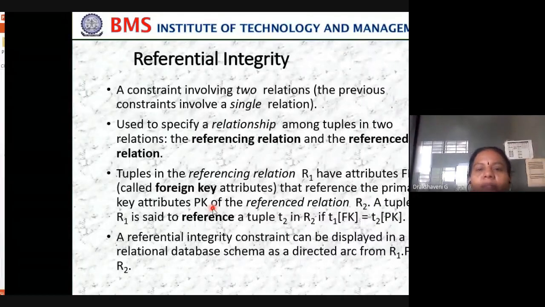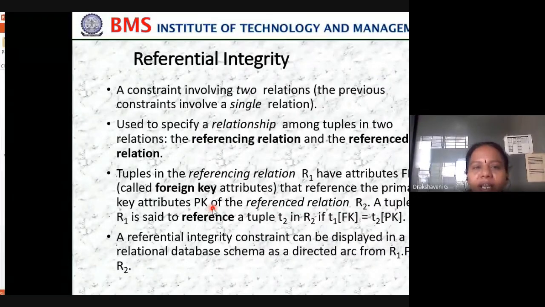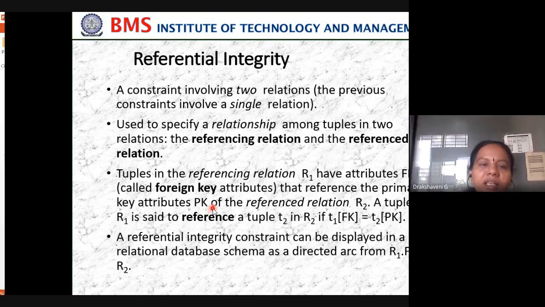This is one constraint. And one more constraint is referential integrity. The key constraint and super key constraint are only for one table, whereas referential integrity is between two or more tables. In the first table you will have a primary key, and some contents we want to add in the second. That is what is called referential integrity. Take an example: once you come for the first semester, we'll create one table where you have your names, all your first semester subjects, and at the end, we'll add your USN numbers. Okay, this is one table.